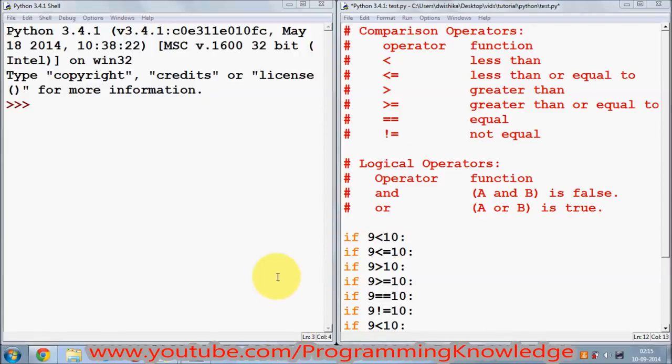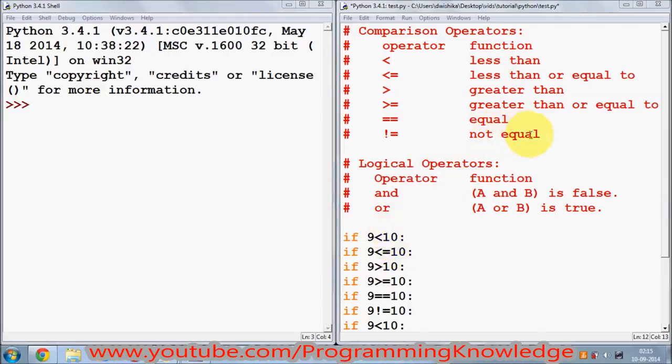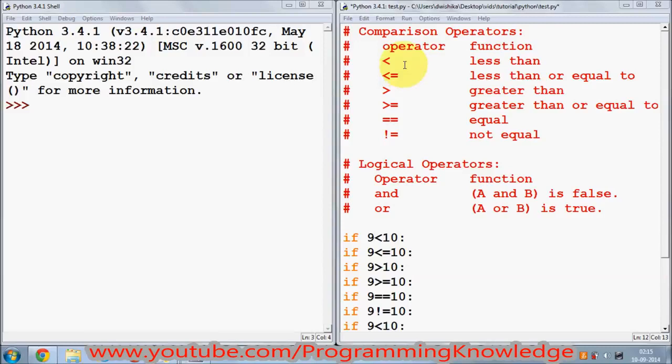In this video, I'm going to show you how to use comparison operators and logical operators in Python. In the last few videos, I've been showing you how to use if-else statements in Python, and this is the continuation, you may say. But these comparison operators and logical operators you can not only use with these if-else statements, but in general also you can use them. So first of all,